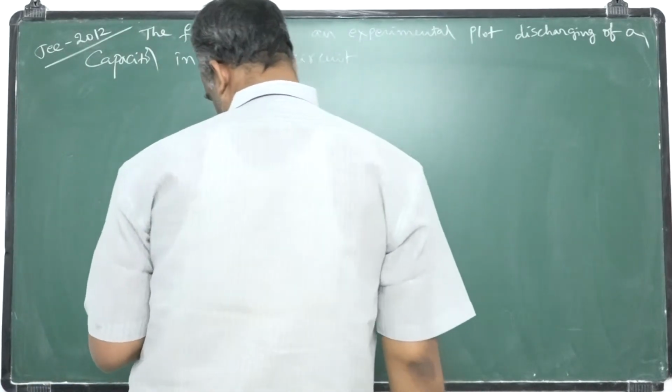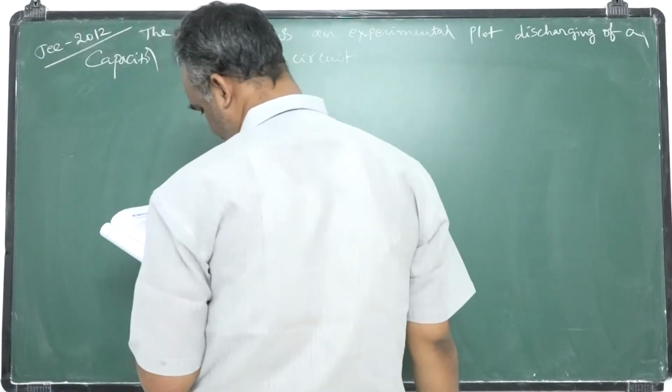The time constant tau of the circuit lies between